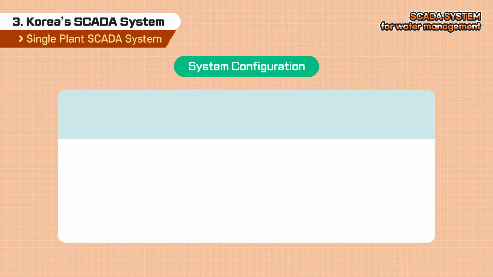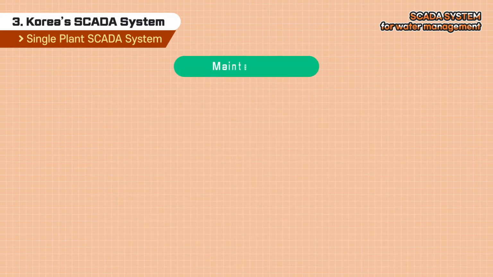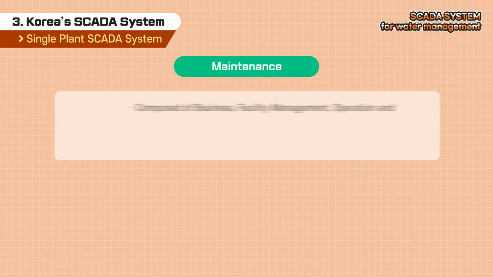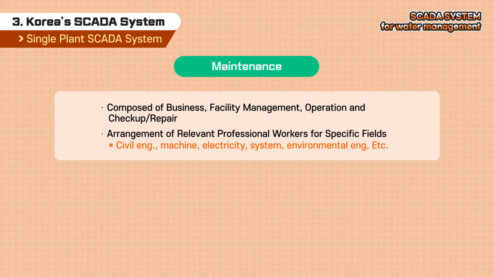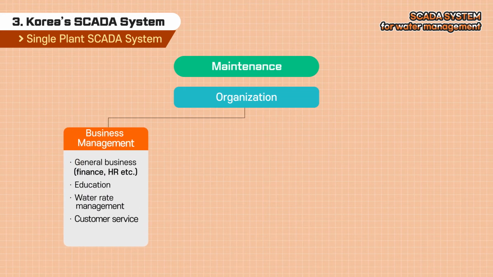The system configuration is as follows. The field equipment is transmitted to the RCS according to the plane program, and remote monitoring and control are performed using the central system. The maintenance organization is composed of customer support, facility management, operations, and checkup repair to achieve efficient operation and management. Looking at the roles of each organization, the business management team deals with general business affairs,